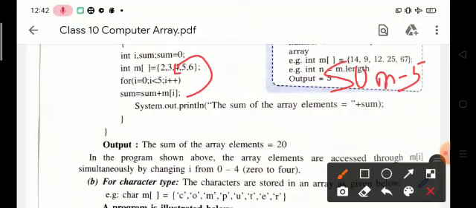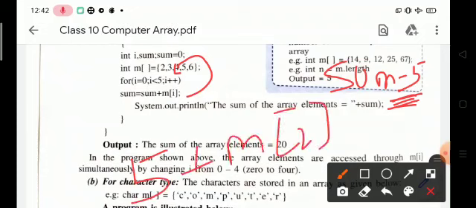When we increase the value of i, now i is 2. So sum = 5 + m[2], and the value at m[2] is 4. So 5 plus 4 means 9, and this value is assigned to the variable.